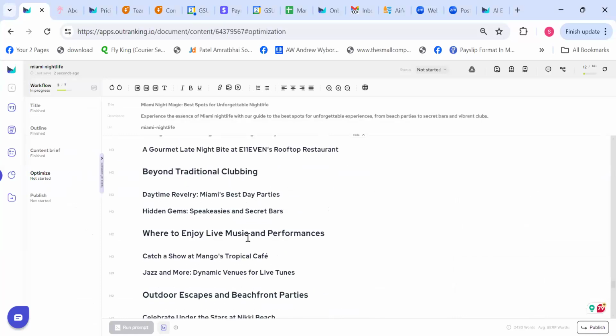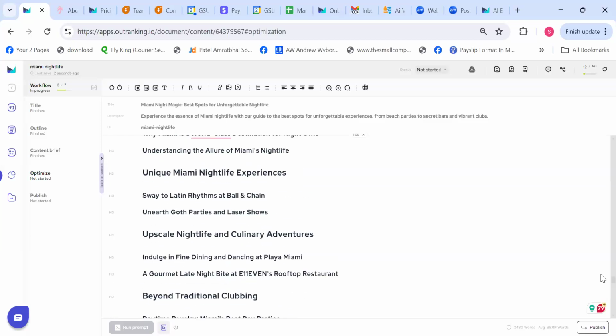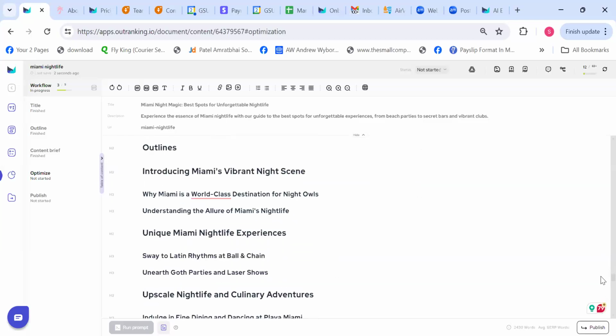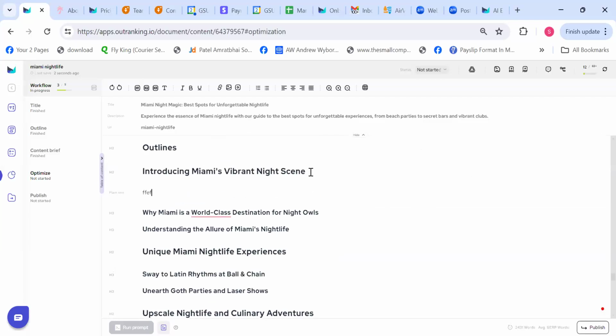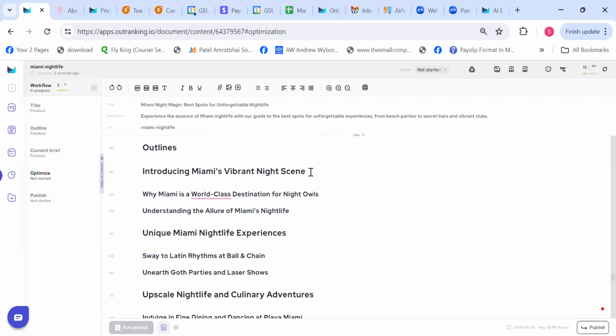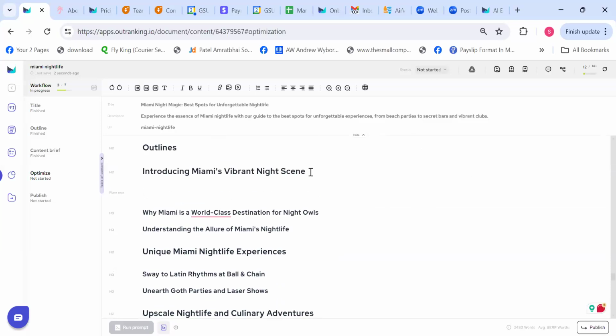So before going there, let me show you. This is the outline. Let's say your writers have access to the outlines now. They can start writing the content all by themselves here, or they can also use prompts to write the content. So let's say you add a greater than sign and now you can write a prompt.